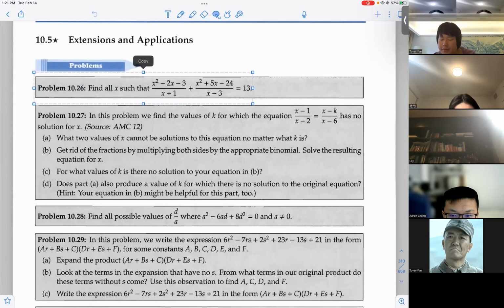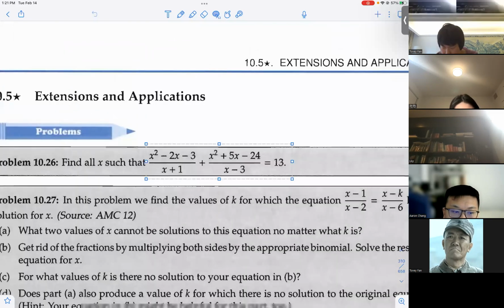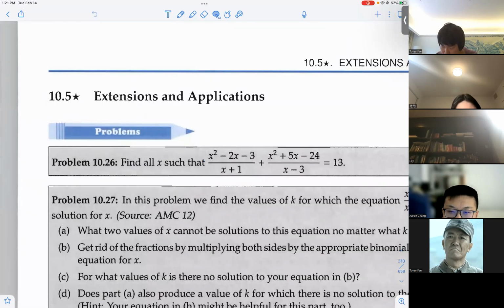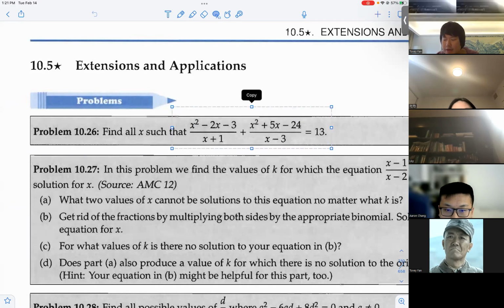So problem 10.26. Do you guys think this is a hard question? No, because you can factor the numerator and it cancels out with the denominator. Yes. So regularly you guys can give it a try. Basically, if you factor out the numerator, they cancel out with the denominator, so it actually becomes a linear equation. 对吧？这个第一题直接就 cancel out，直接就上面一 factor 加入 cancel out，要记住啊。